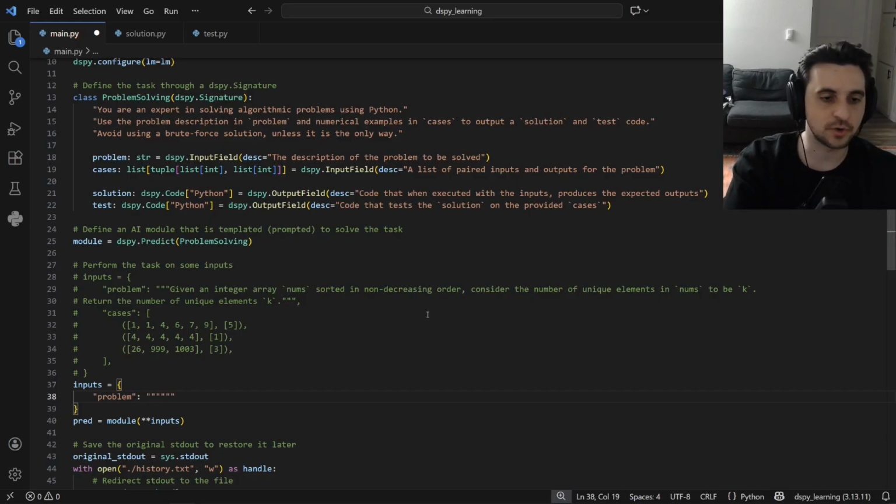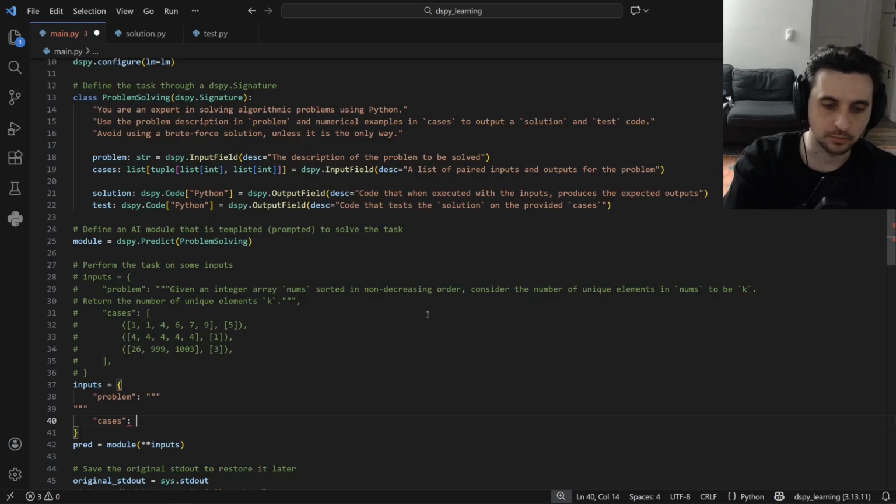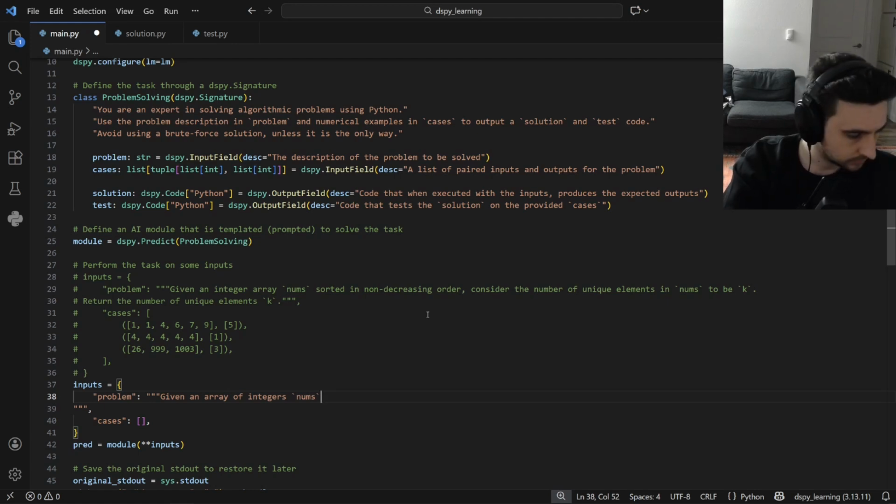Okay, so we'll just write one ourselves. And let's write some cases too for it, which we will write ourselves. All right, so let's write a problem, another one. Let's make something up on the spot. So let's say something like this. So given an array of integers, nums, return